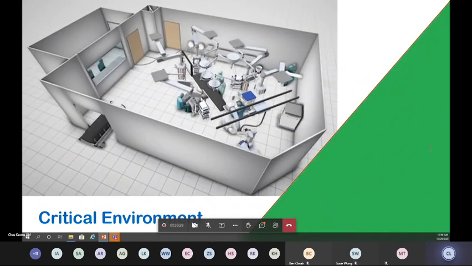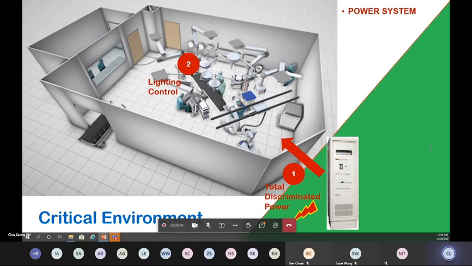Just to give a context of how this is being adopted, I'm going to share with you a critical environment, and what you're seeing is actually a hospital. The main things that we can provide are the main power as well as the lighting control. In an operating theater, lighting control is very, very important. In any area, let's say a ward, it's probably on and off. But in an operating theater, light intensity is crucial because it depends on the operating procedure. The lighting intensity will affect the clinical staff, especially the doctor when he's performing the procedure.